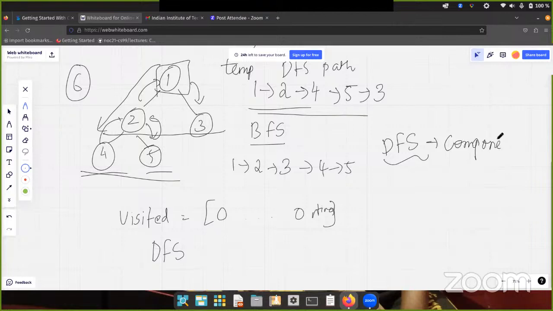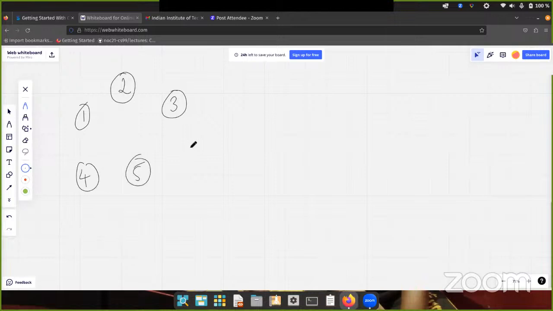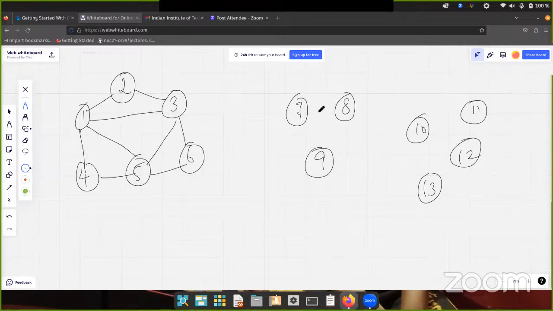Let me have another good example. Suppose I have vertices 1, 2, 3, 4, 5, 6, 7, 8, 9, 10, 11, 12, 13, and some connections like this, then like this.